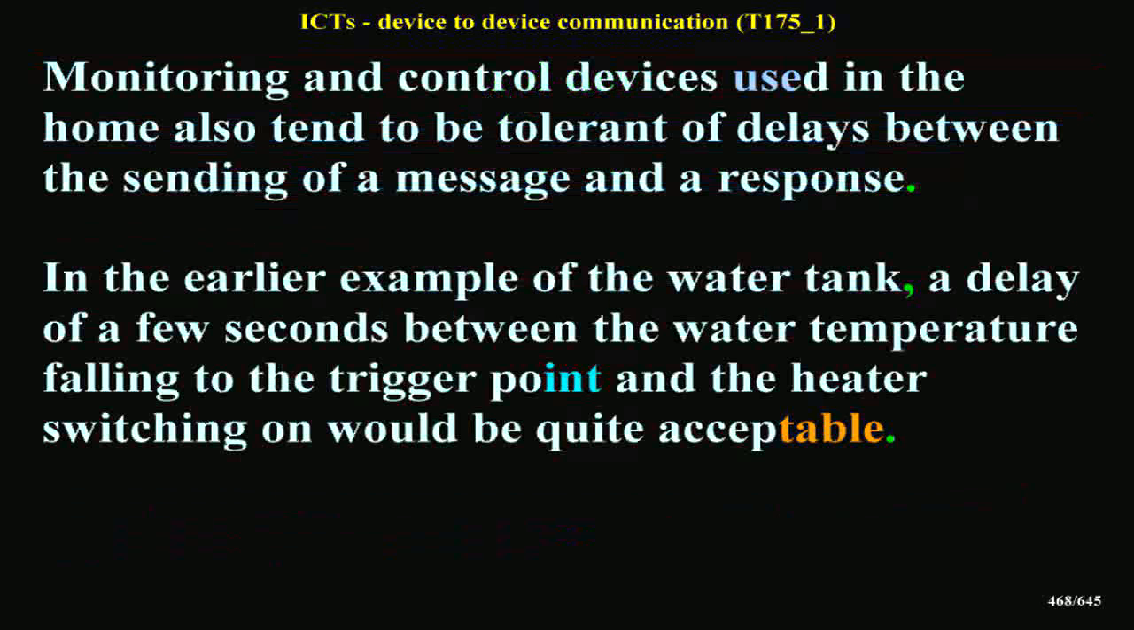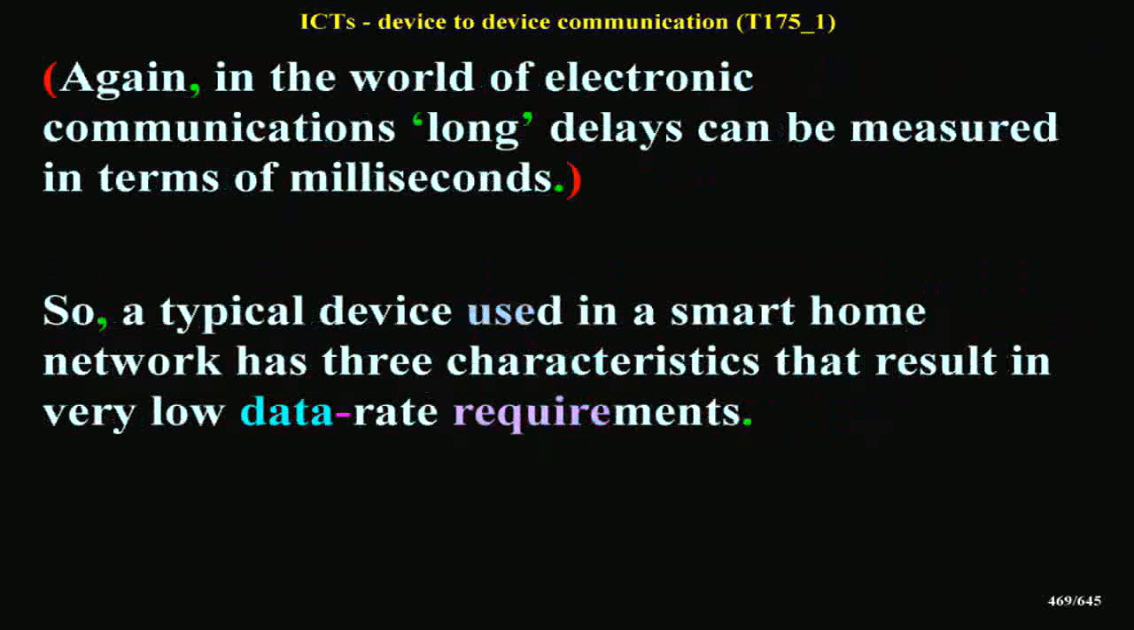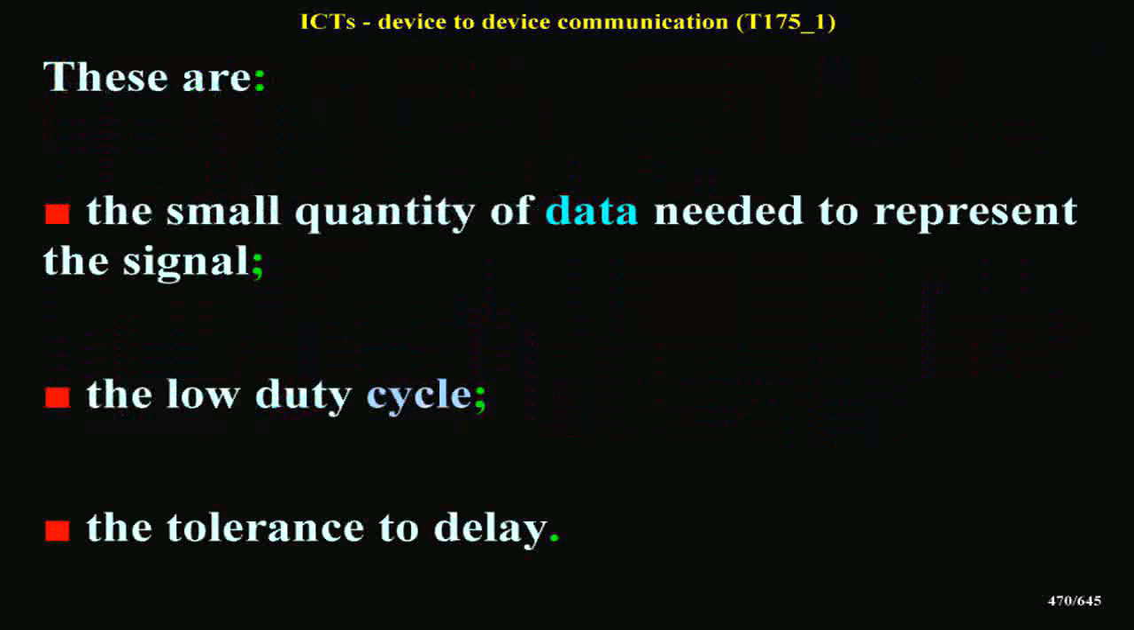of a message and a response. In the earlier example of the water tank, a delay of a few seconds between the water temperature falling to the trigger point and the heater switching on would be quite acceptable. Again, in the world of electronic communications, long delays can be measured in terms of milliseconds. So, a typical device used in a smart home network has three characteristics that result in very low data rate requirements. These are the small quantity of data needed to represent the signal, the low duty cycle, the tolerance to